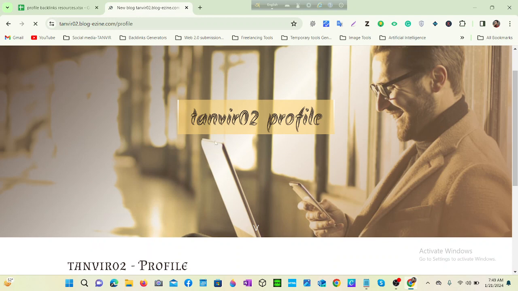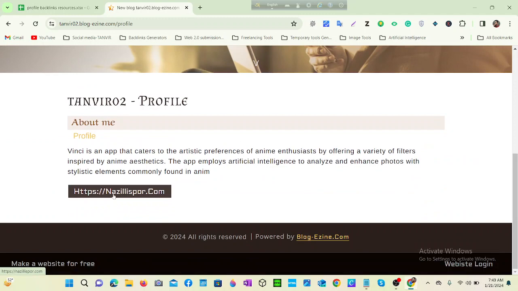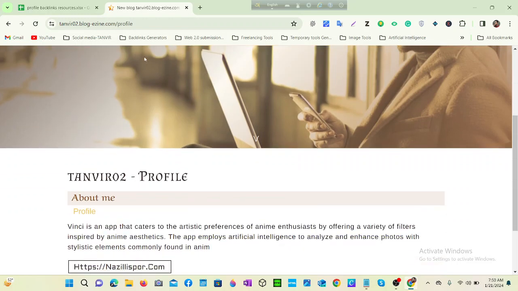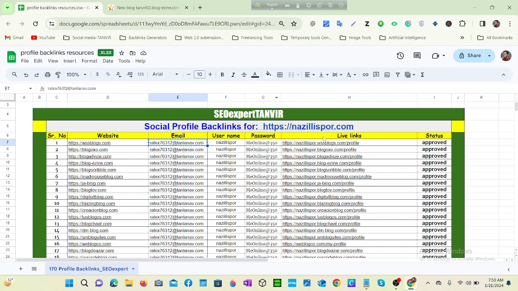Okay, then this is your username and this profile and this is the description, and this is our main thing, the reason we want to create a profile backlink on this website. If any viewer sees the profile and clicks the website link, they will go to the main website. So this is the live link of this profile backlink. Just copy it and paste it here